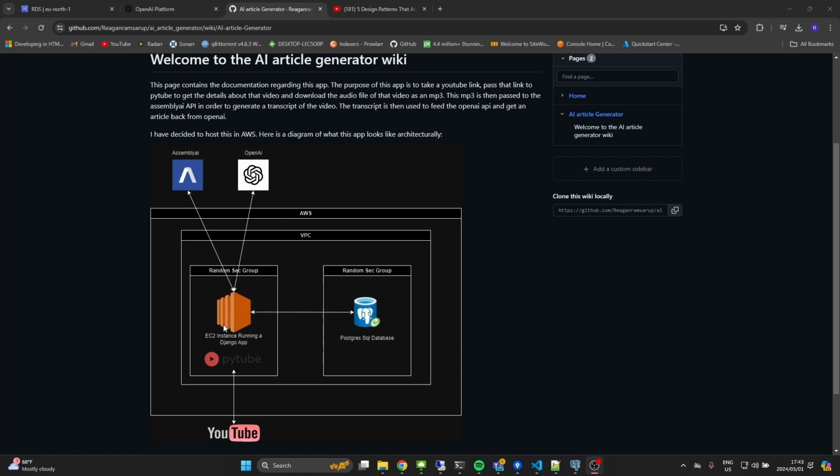Okay, so how does this work? What does it look like? So we've got an EC2 instance that is running a Django app. The Django app does multiple things, but one of the things that it does is